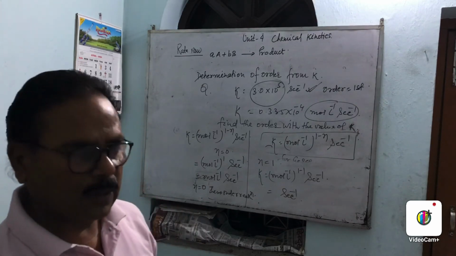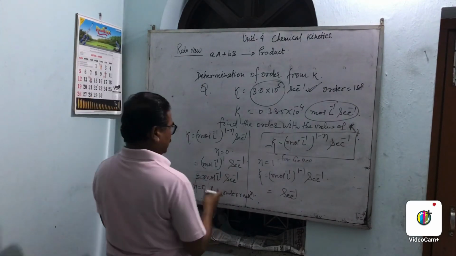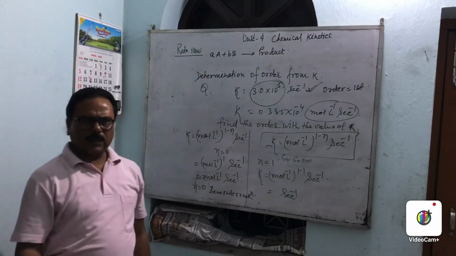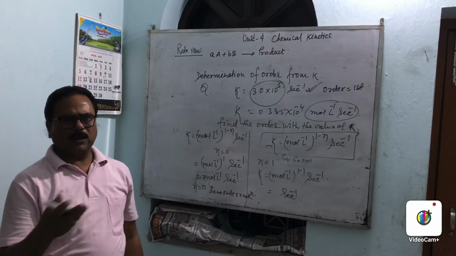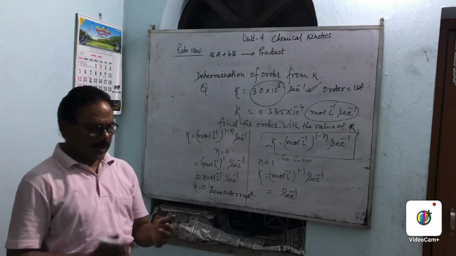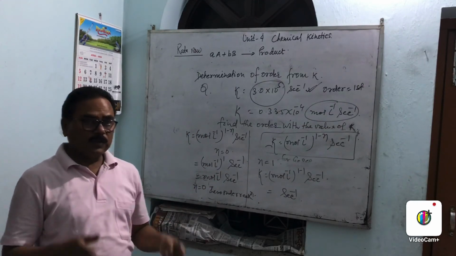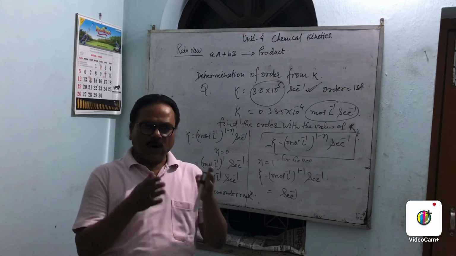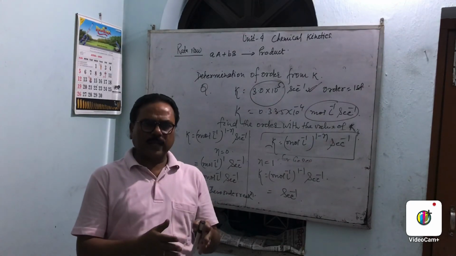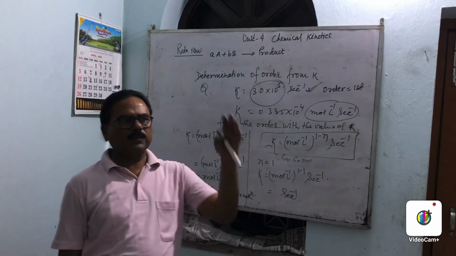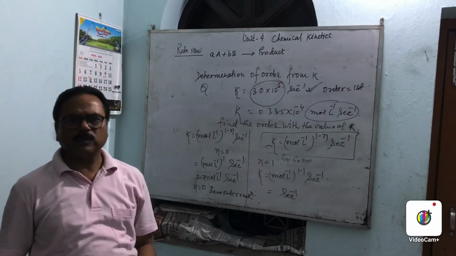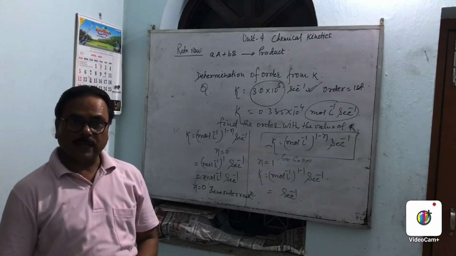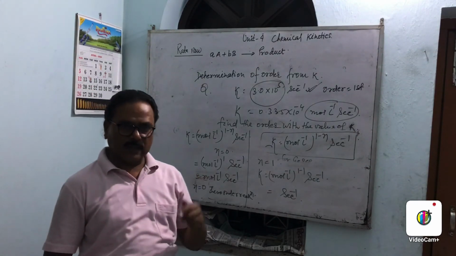I want to take up more topics, but the time is going on. We don't want to continue the topics from now. In other classes, we will take up molecularity, order, etc. So I hope that there is no confusion in determining the order of your reaction and how to write the rate and rate law of your reaction if questions are given in different forms. I hope the previous lecture and this lecture help you.